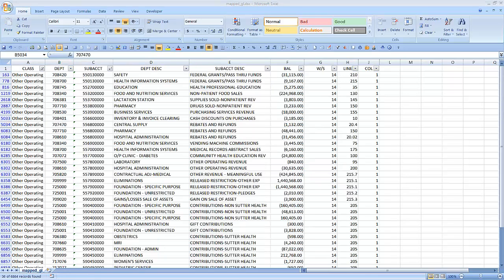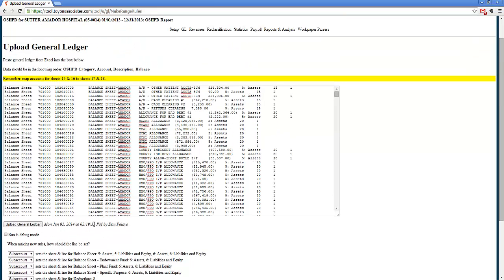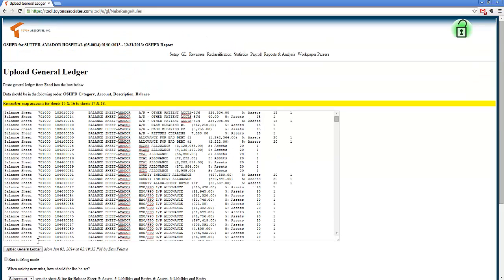So now I'll go back to the tool, and I know my balance sheet is driven by sub-account. My deductions is driven by a sub-account. My other and non are driven by sub-accounts. And only my operating expenses and patient revenues are driven by departments. So once I've defined what is driving my line, I will now select Upload General